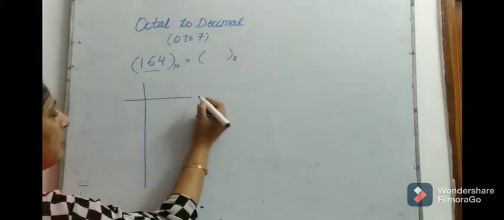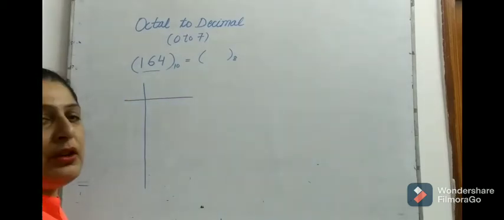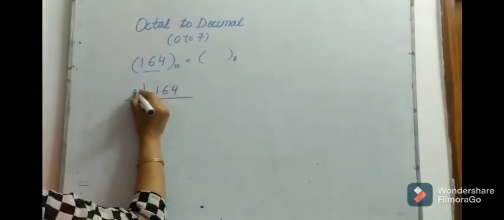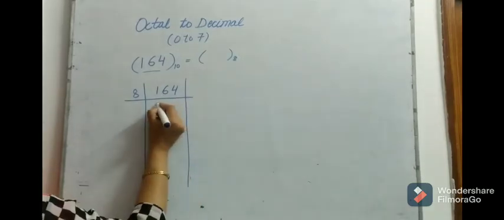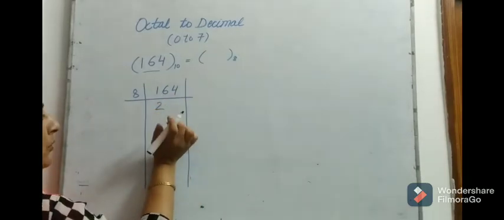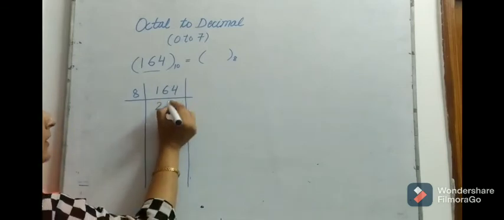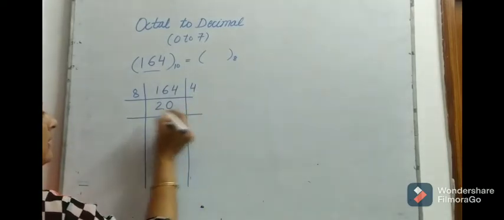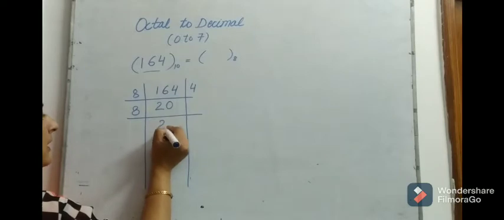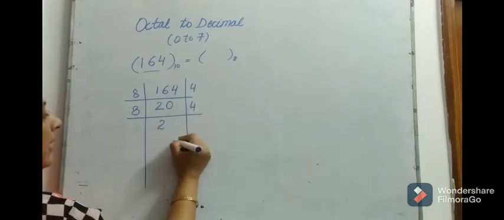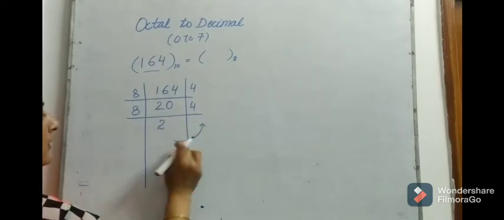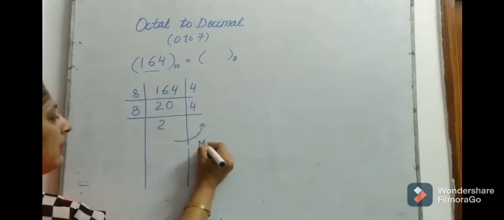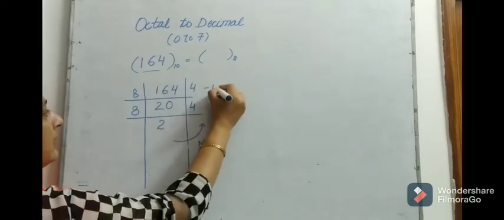Right? As we did in the case of binary, where we divided by 2 and kept the remainder, in the same way we are going to divide by 8 and keep the remainder. So 164 divided by 8: 8 twos are 16, now we have 4. The 4 is less than 8, so we can't divide further. So 8 into 0 is 0 and the remainder is 4. Same way, 8 twos are 16, remainder 4. As we did in the previous case, we will start from the bottom, that is the most significant digit. This will be the MSD, the most significant digit, and this will be the LSD, the least significant digit.